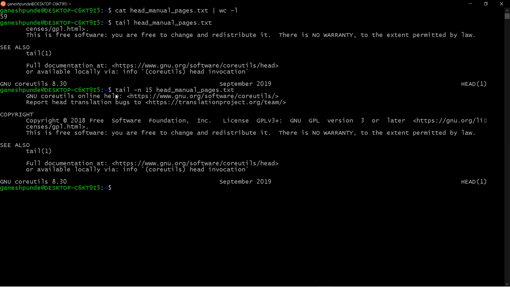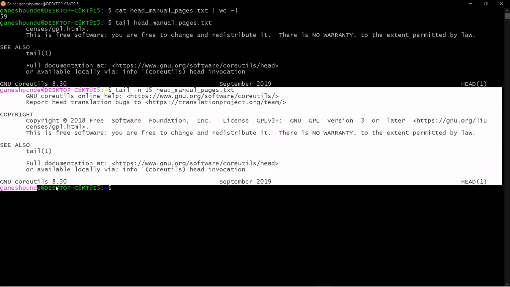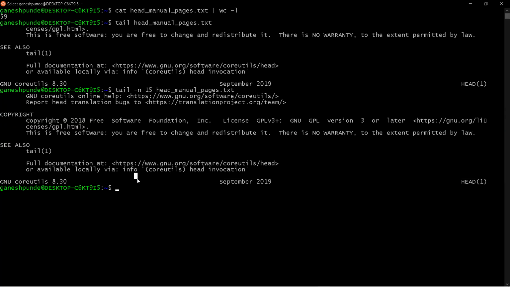So you can display as many lines as you want. But this command shows the content from bottom to top, not from top to bottom. Top to bottom, if you want, you can use the head command. And we saw tail is exactly the opposite of the head command, right?